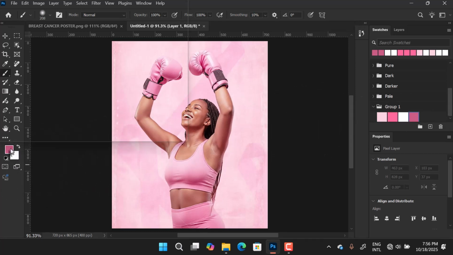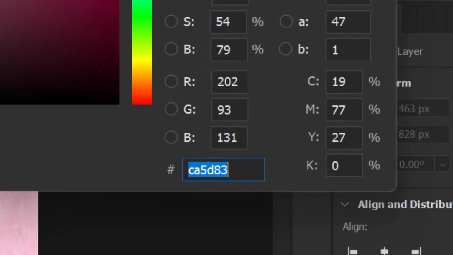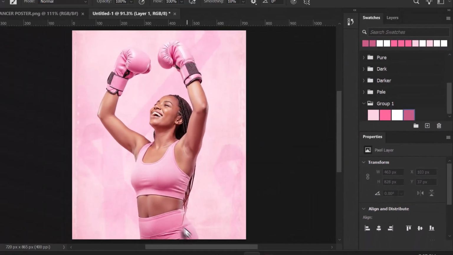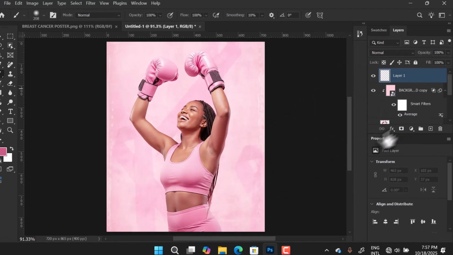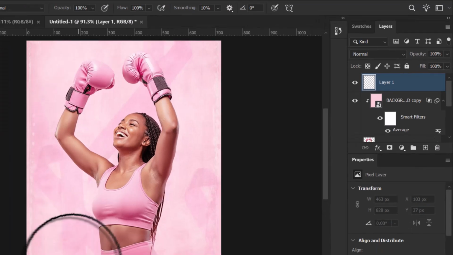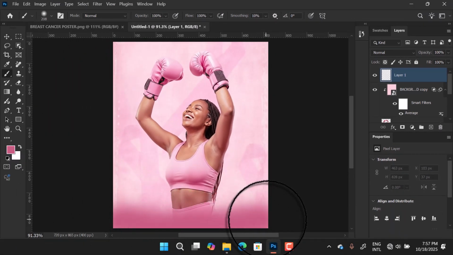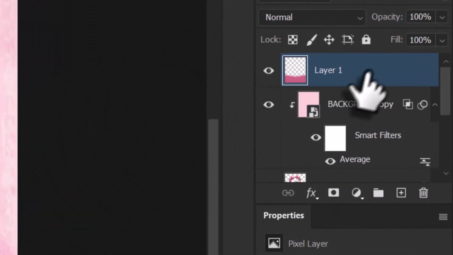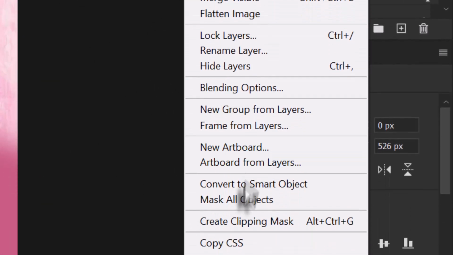Let me show you the hex code. This is the hex code of the color, so copy that. Now we can paint on the new layer we've created. So I'll just paint something like that. Just paint it nicely, gently, like that. Okay, we are good. So what I will do is right click on this one and convert it